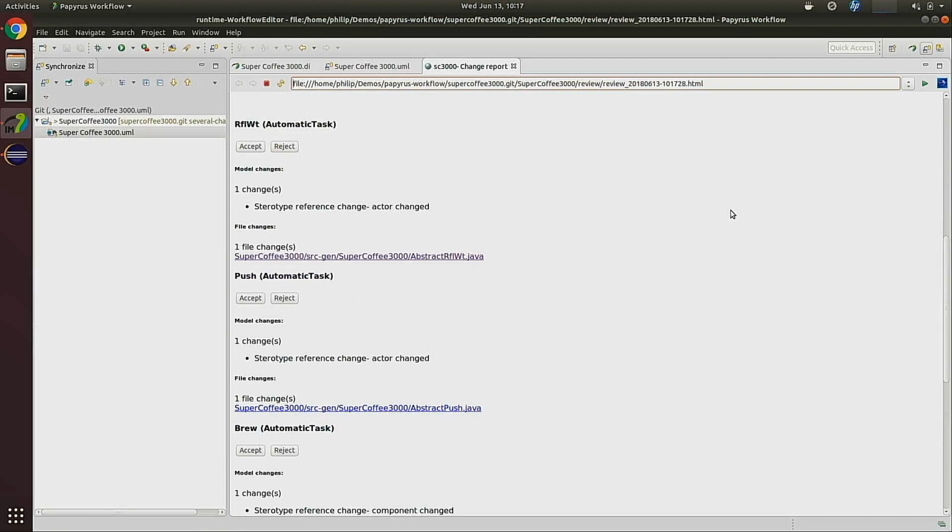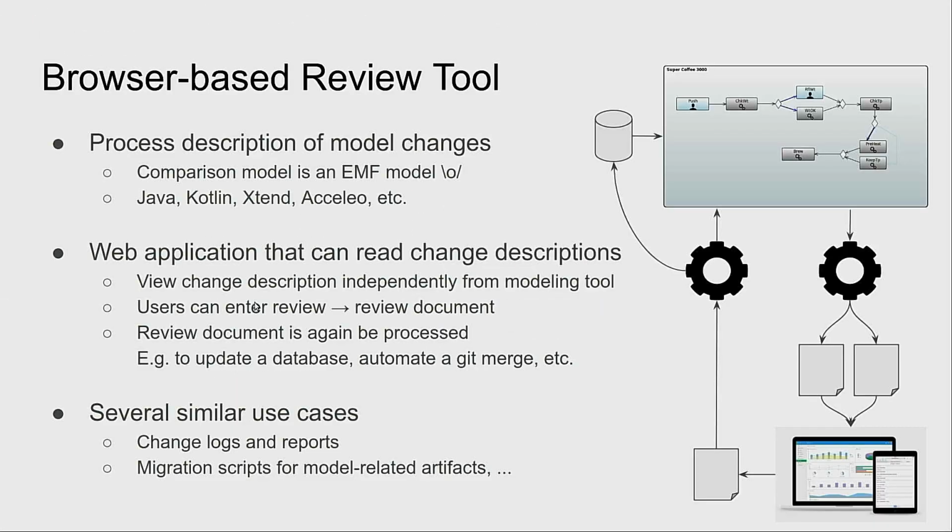What we actually do is extract the information into a JSON-based change description that then will be fed into this web application, and then this hardware component manager could go through these changes and say, yes, I want to accept those changes or not. And if he hits accept, then we actually generate a second change description. That's the one that I've shown here, which would then drive certain actions like automating the merge of the model